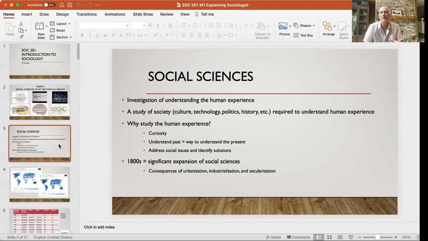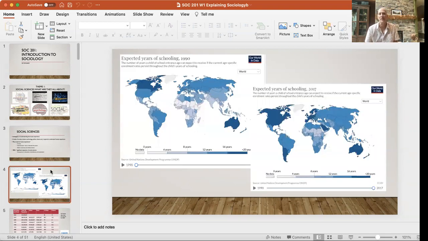And part of that was industrialization and the consequences of industrialization. Urbanization, more people were moving to urban settings, so it created an environment where more social issues became more prevalent, a breakdown of the ways communities were organized before. Now they're more impersonal, more dense populations, more secular society. There are a lot of changes going on that led to the expansion of trying to understand the human experience so that we can be in a better position to address some of the problems that are going on. So here are some different examples, thinking about the value of the social sciences.